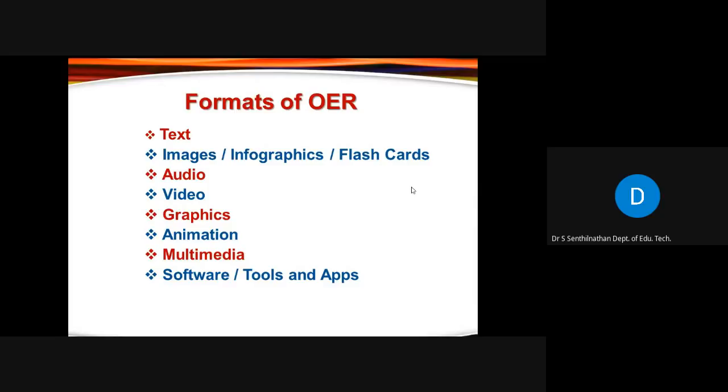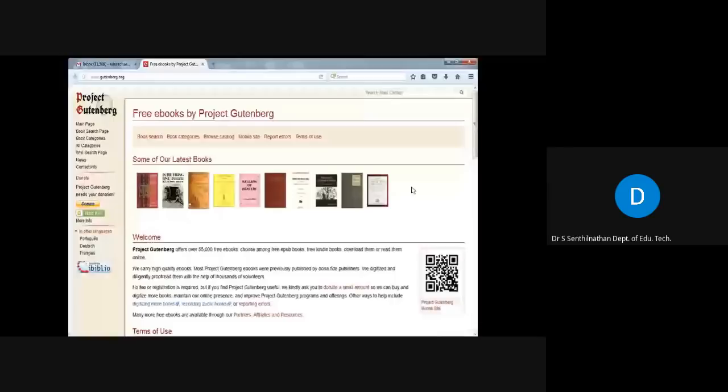So we will just have a quick look at some of the important open educational resources of different categories. In fact, I'm going to share with you through the organizers a two-page Word file which will contain a lot of websites. Of course, I have put in some categories.